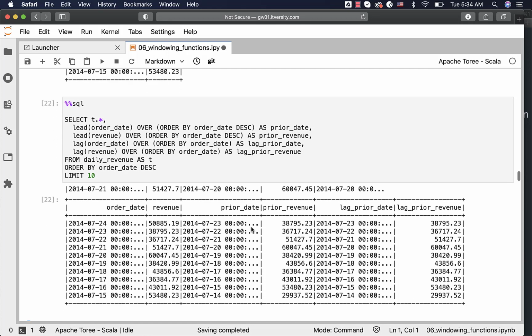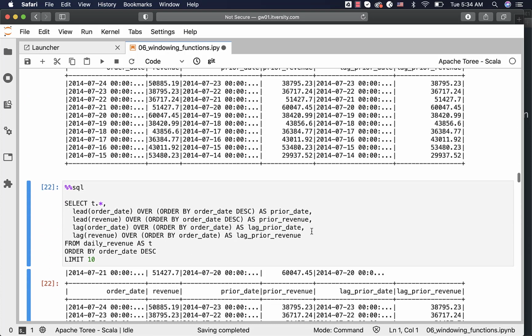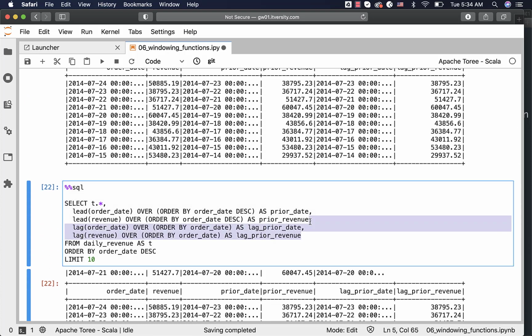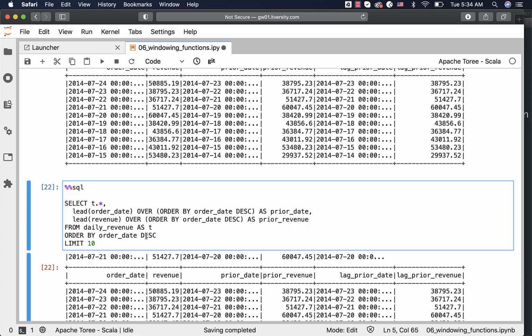You can see here I have used both lead and lag, and we got the same results. Keep in mind that depending upon the function you are using, you might have to determine the sorting order to get the same results with either lead or lag. Now when it comes to the last record where there is no prior date, you will be getting null values. Let me demonstrate that as well. In this case, I am not using lag, I am only using lead, and I am removing the DESC, which means data will be sorted in ascending order.